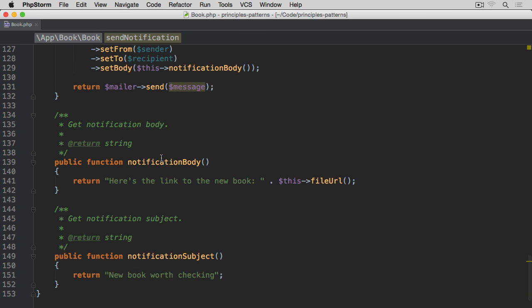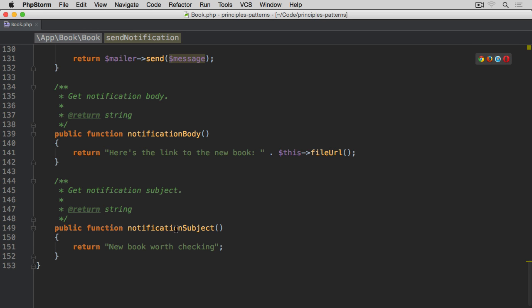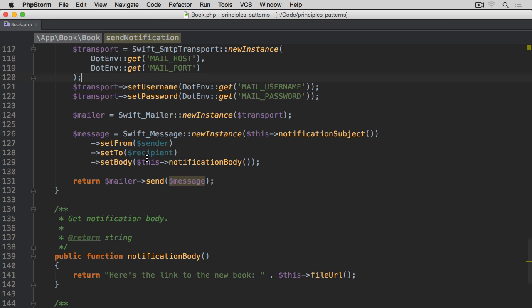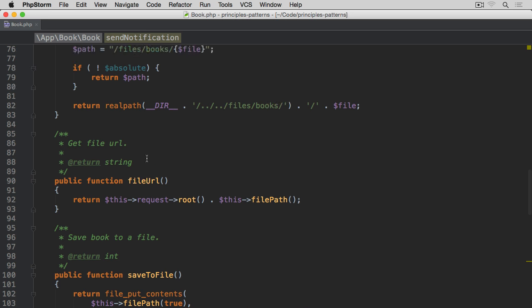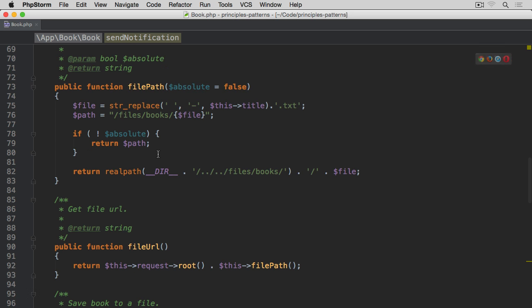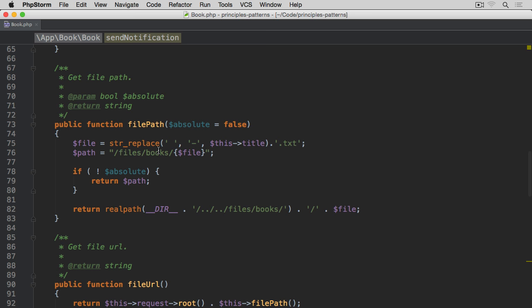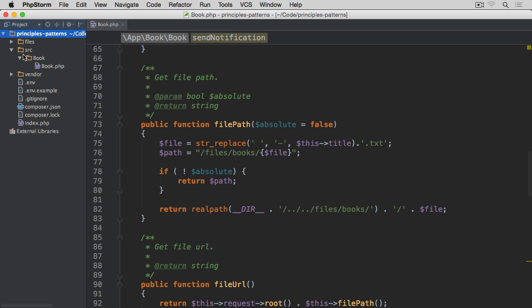And then we have notification body and notification subject, simple methods which basically return what we want to send with our notification. Okay, so we're going to start reorganizing this code to make sure that it complies with this single responsibility principle. The first thing we're going to do is open our file browser, and within a source directory, the